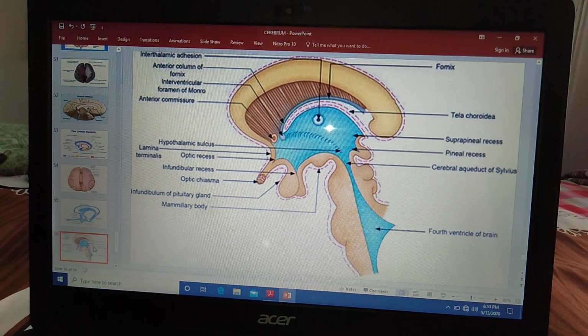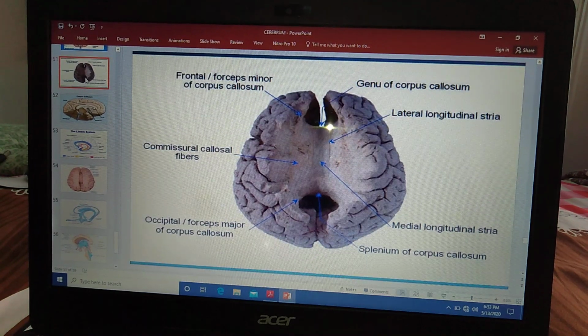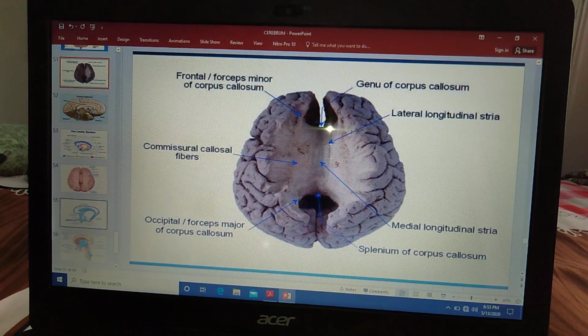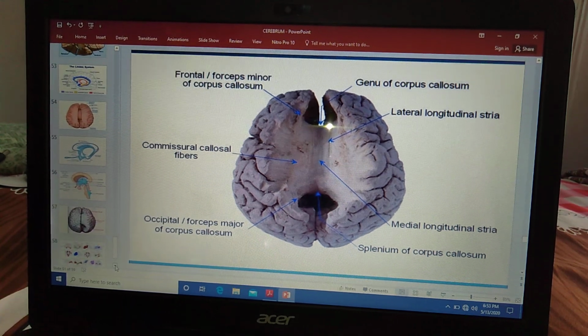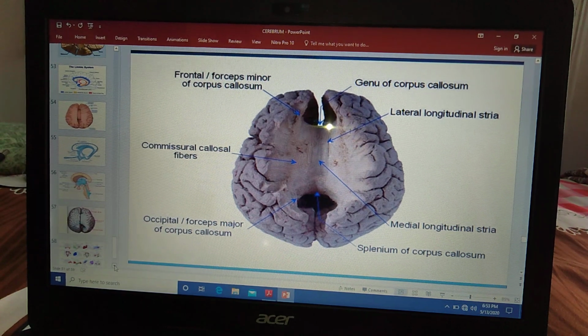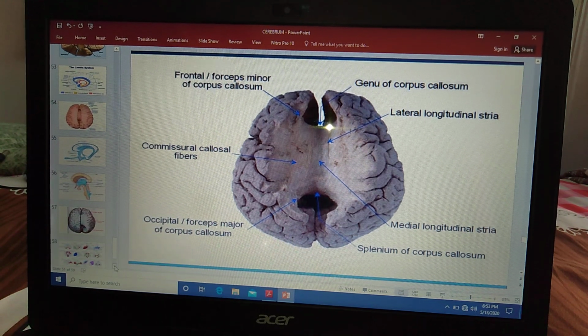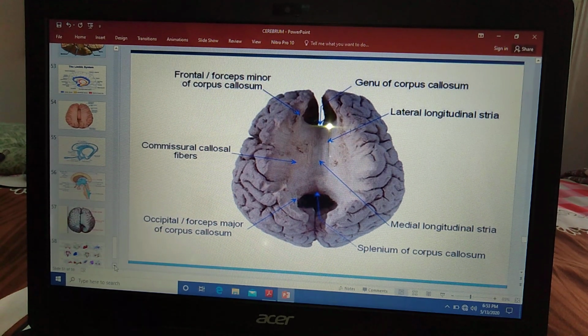Next is the fibers of the corpus callosum. Now fibers you can see in this diagram very nicely. Also we have one more, we will see that too. First, the fibers of the corpus callosum. First is the rostrum. It connects the orbital surfaces of the two frontal lobes, right? Rostrum, we have seen the part rostrum. It connects the orbital surfaces of the two frontal lobes.